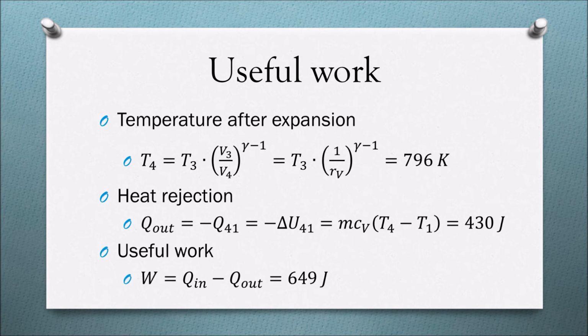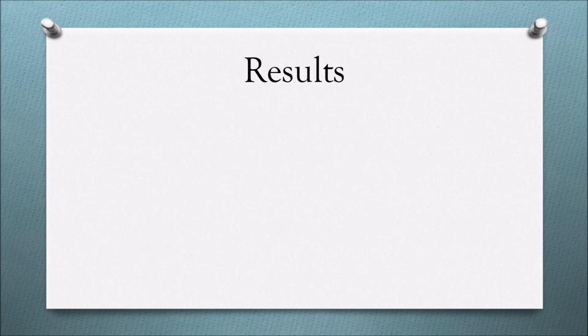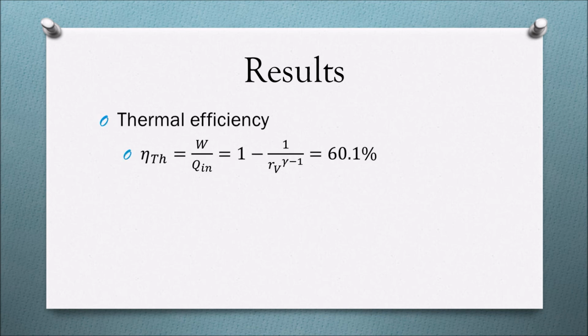The useful work is the difference of the input and output heat transfer. Both of them are known, so we get the result, which is 649 joules. We got this formula from the fact that the resultant heat input can be used to make the cycle do useful work. The rest of the questions can be answered by one and one formula. The thermal efficiency is the ratio of the useful work and the input heat, or so-called heat addition. In case of the Otto cycle, you can also calculate with the help of the compression ratio. The result is the same for both formulas.